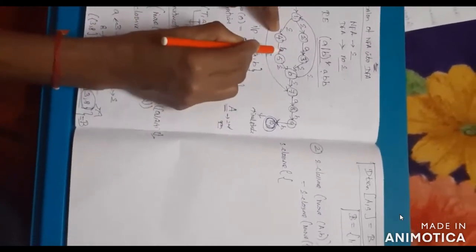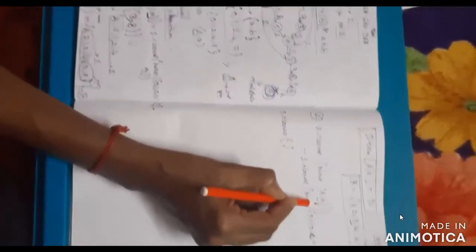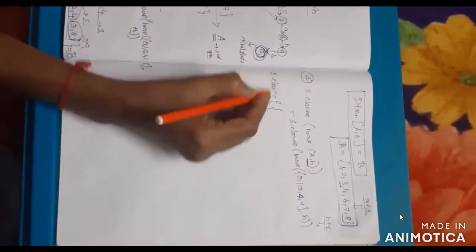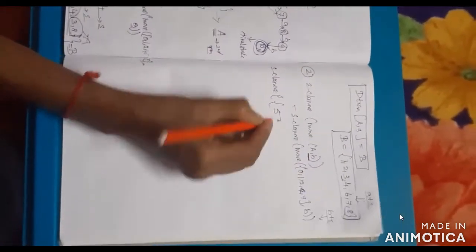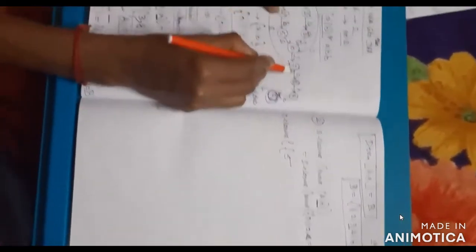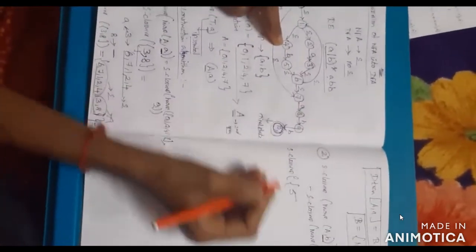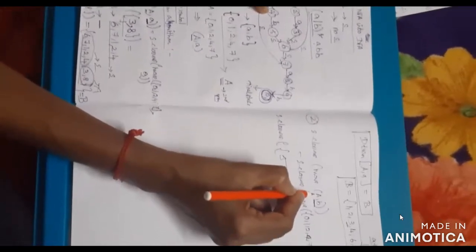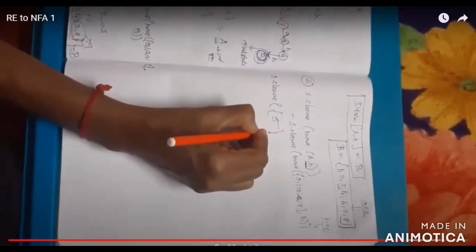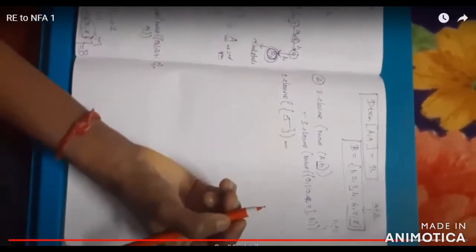So here the input is B. Now you are checking only for the input symbol B. So you have to add 5. Next, check 7 can move to the next state 8, but the input symbol is A. No need to add. So what is the enclosure of move of A comma B? Only 5. Okay. Next, check for the states.